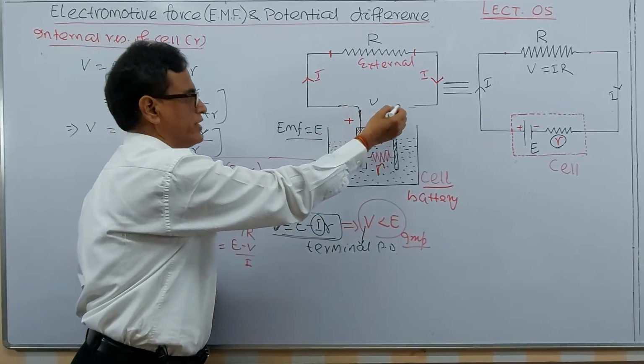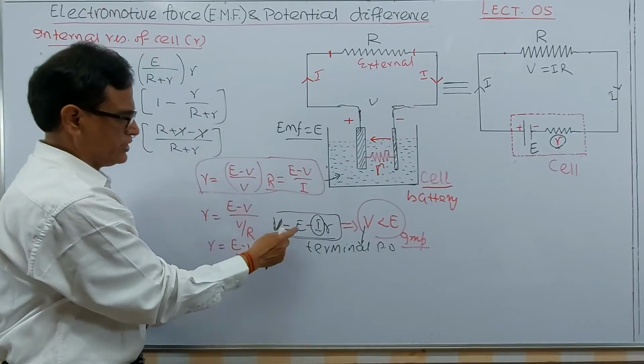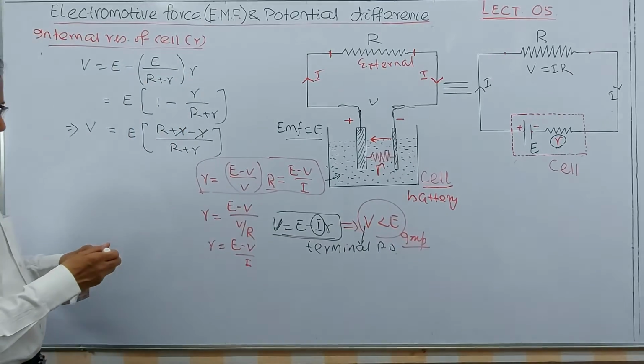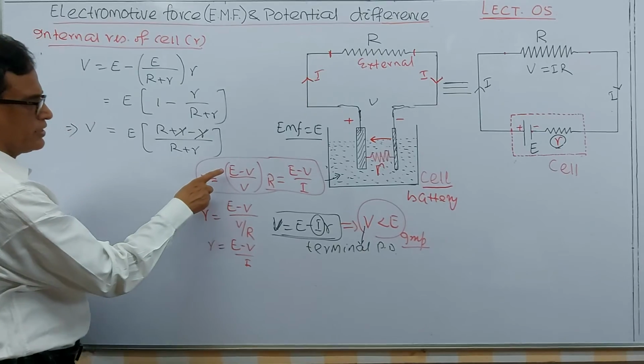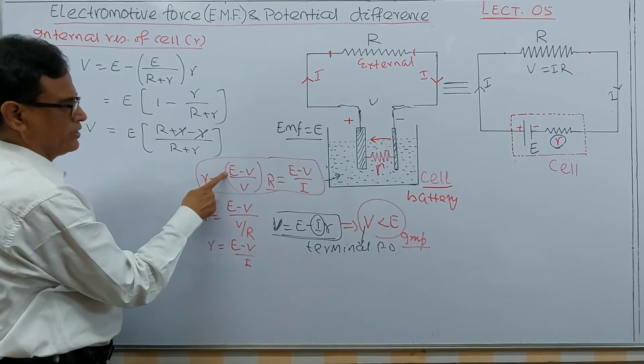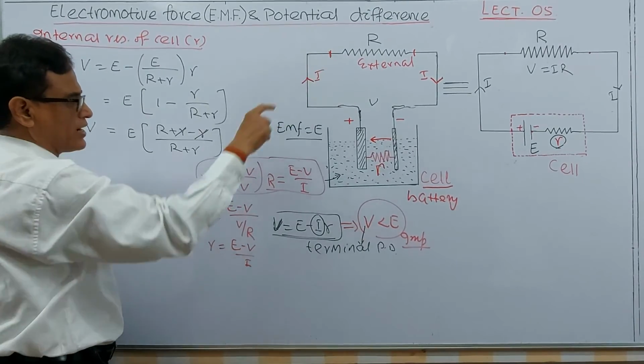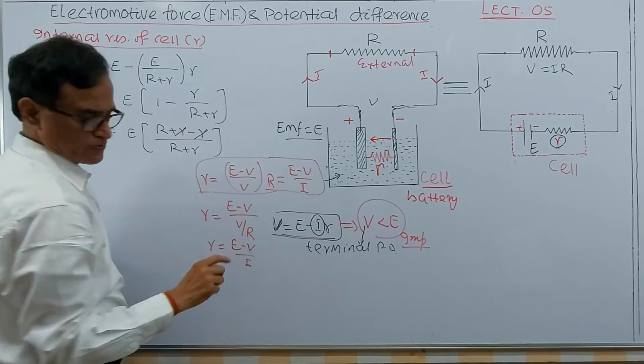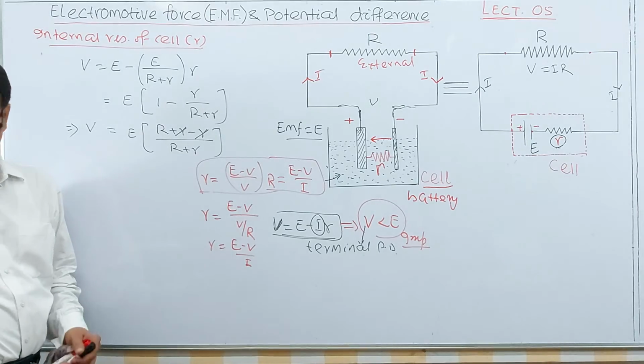But when it is connected across a resistance, then V is equal to E minus IR, V must be less than E. And the internal resistance in terms of EMF applied, voltage developed across that resistance applied across the circuit. I am taking the last part of the circuit to this formula, and this should be remembered.